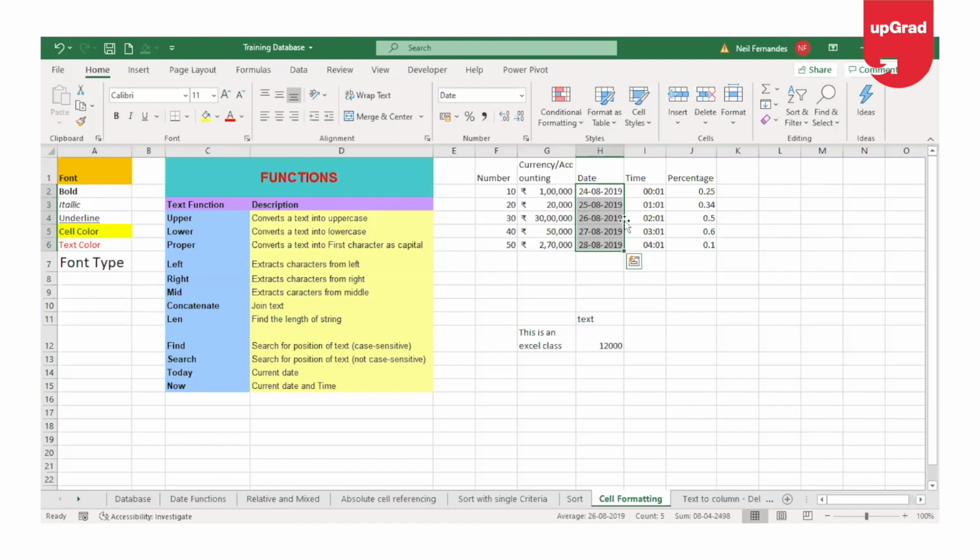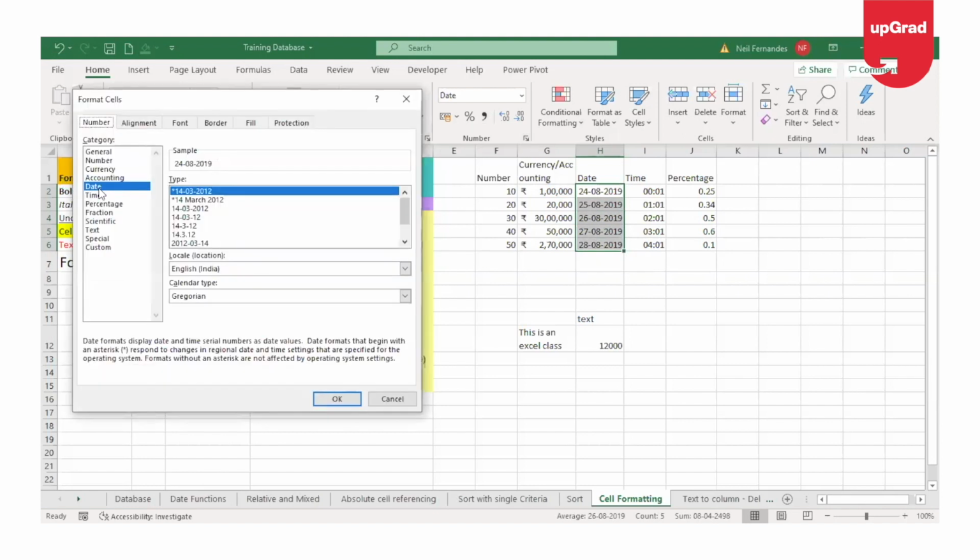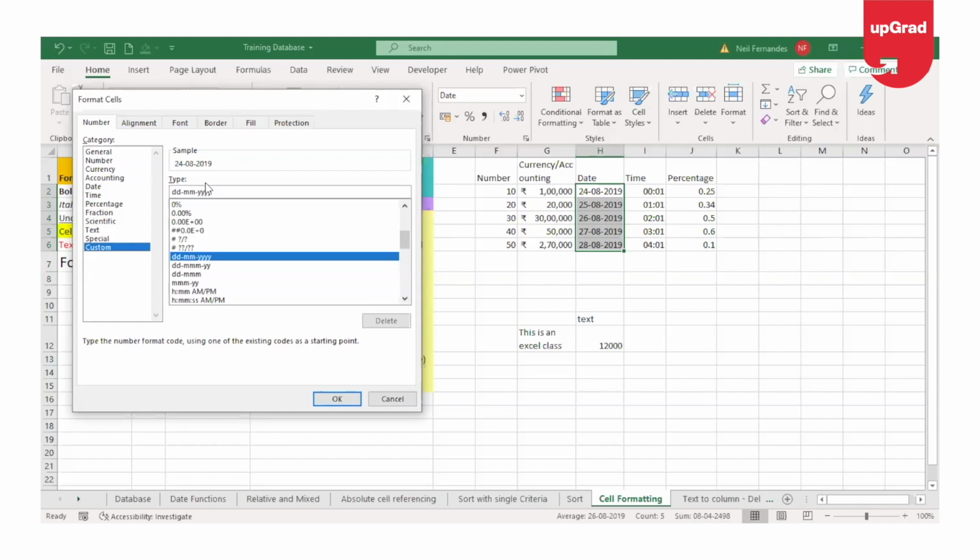DDMMMYYYY, which means showing the date in 2-digit number, month in 3 letters, and then year in 4-digit number, I can select all the cells where the date is, go on to the format cell dialog box, and then instead of selecting date and looking for the right format from the list, I can just go on to custom and enter the right format in the type.